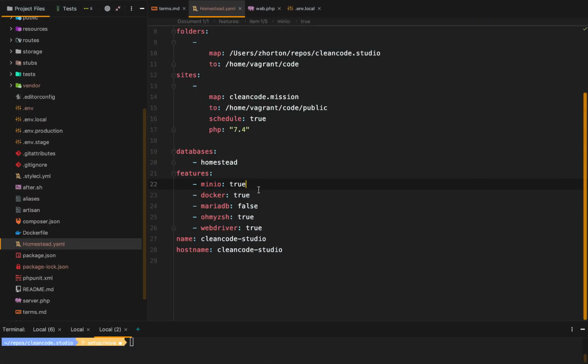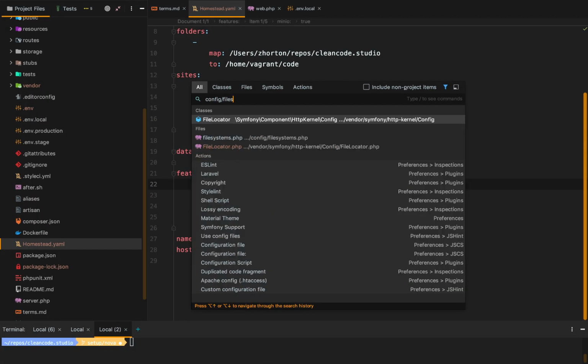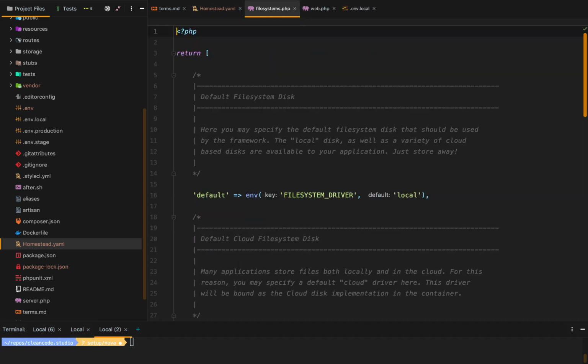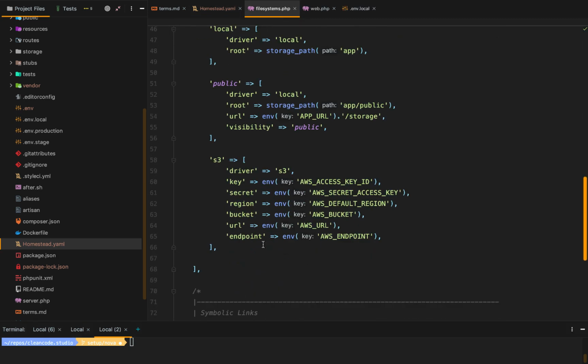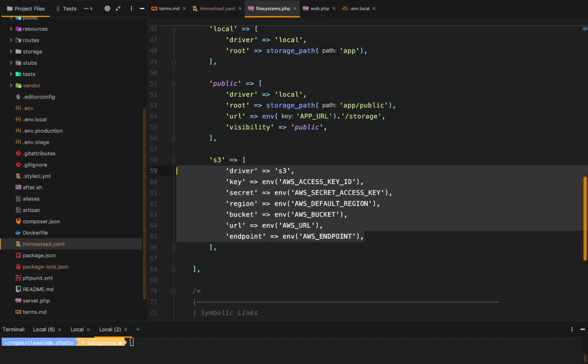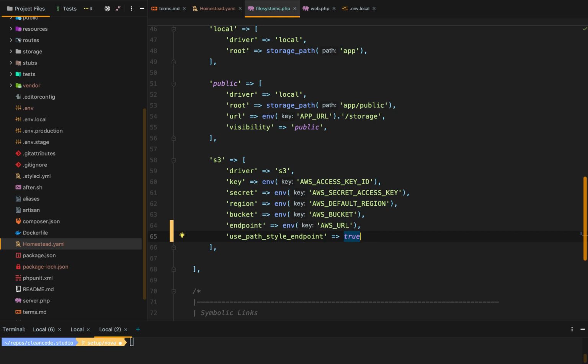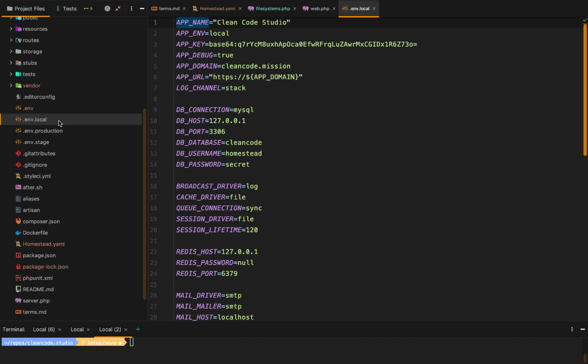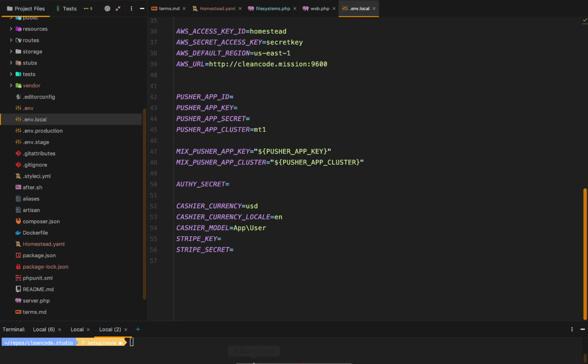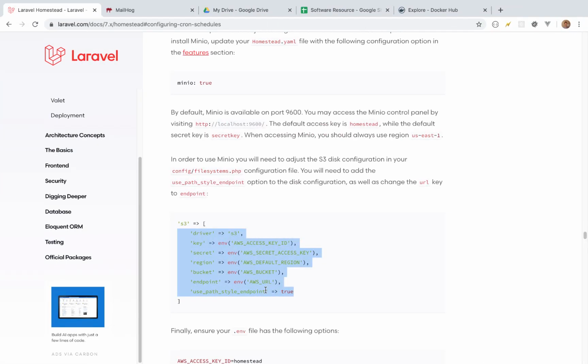Go to config/filesystems, and if we scroll down to S3, we go right here. Ooh, was that different? No, that was the same. Just like that. And then if we go to our .env.local